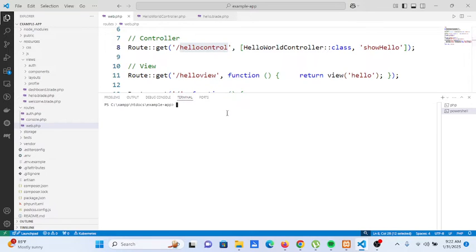So let's begin. To run our Laravel program, we simply type the command PHP artisan serve. When we press enter, it will run our server, so we just copy this one, the link,